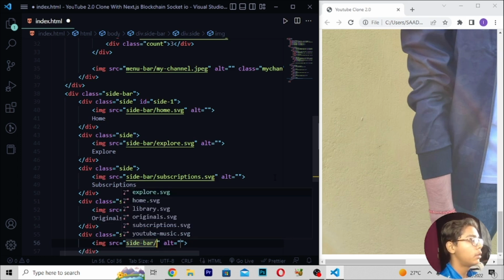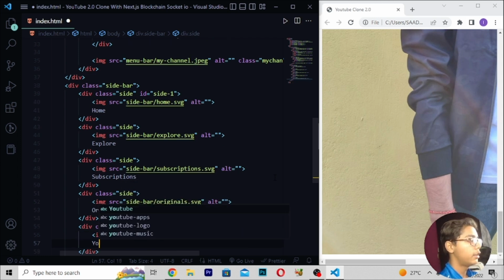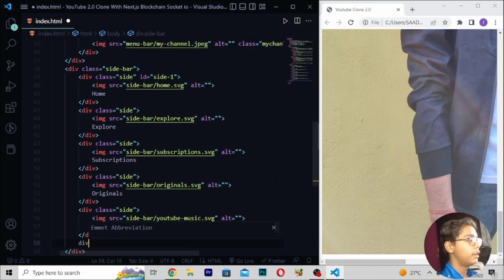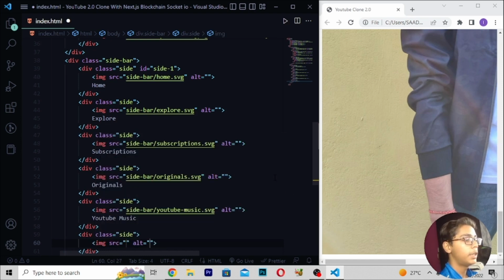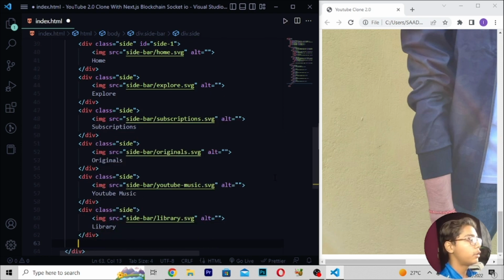So here I will be writing YouTube music.svg. Then I will be writing here YouTube, then music like this. Then right here div class side, then I will be moving down, right here image side dash bar, then I'll be writing slash library.svg. Then when you've written this, here I'll be writing library.